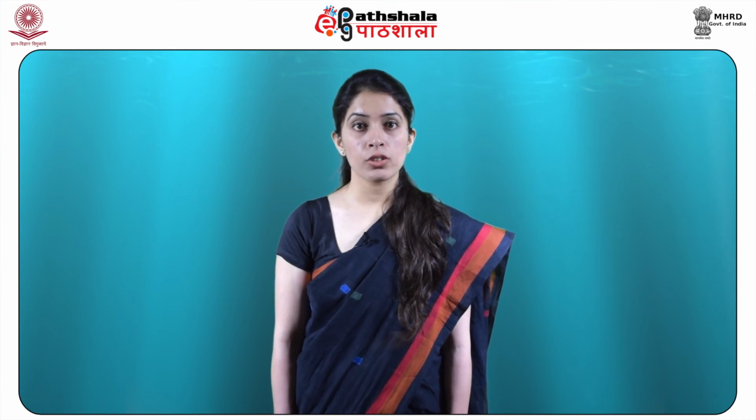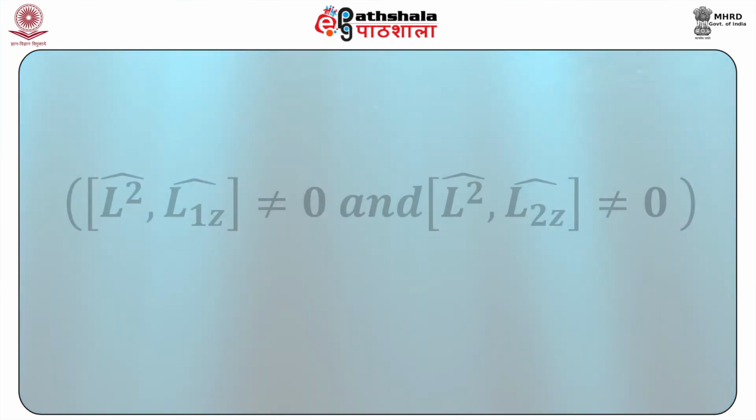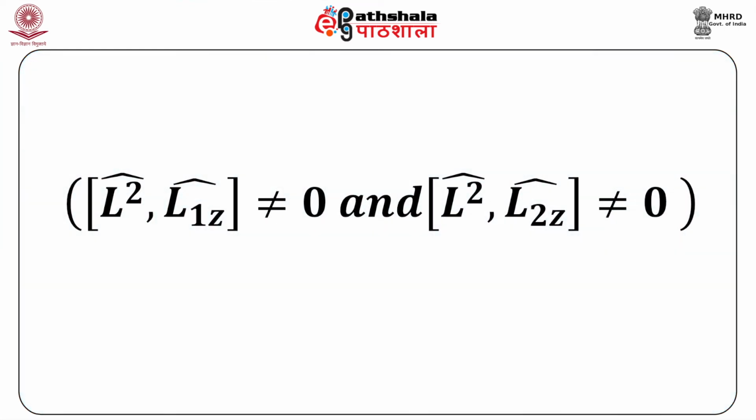And the eigenfunctions |j1, j2, J, Mj⟩ can be written more completely as |j1, j2, J, MJ⟩. It is important to note here that L², the total angular momentum for the 2-electron system, does not commute with L1z and L2z, the individual z-component operators of electrons 1 and 2. So the eigenfunctions |j1, j2, J, Mj⟩ are not necessarily eigenfunctions of L1z and L2z respectively.